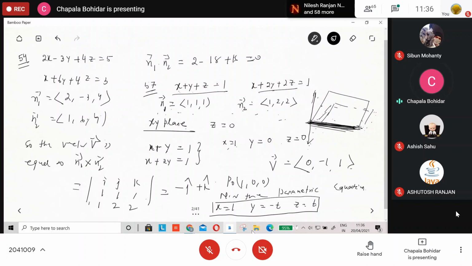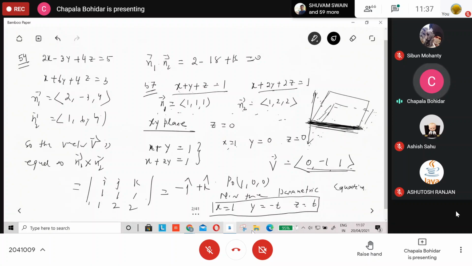So with the help of this, we find the line that is present on these two planes. We find the equation vector V, the component of V, which is N1 cross N2. That is the equation of this line, which is parallel to both planes. They intersect at this point. From that we find the component of this vector.